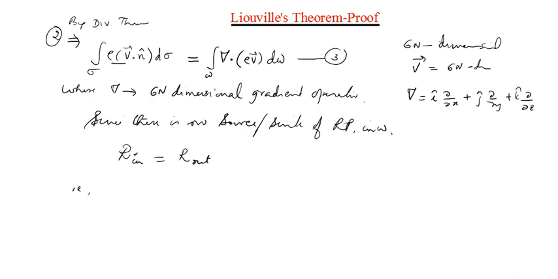What is equation number 1? R in was dou by dou t of, just get the meaning please, the rate of increase of representative points in the volume omega, integral of rho d omega, that is dn. So that should be equal to equation number 3, that is R out, the integral over omega of del dot rho v d omega.